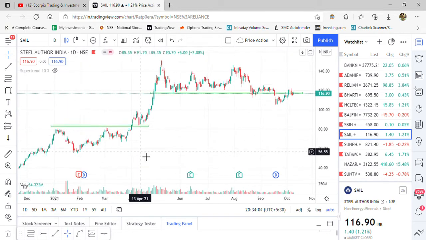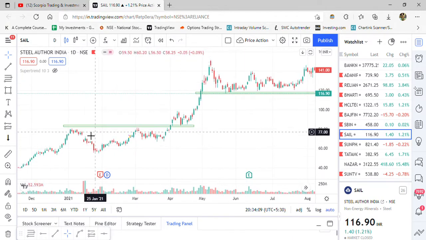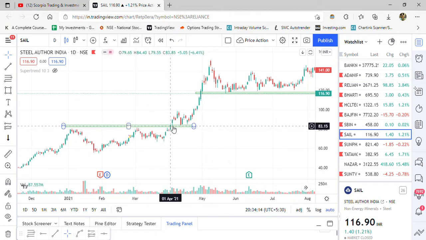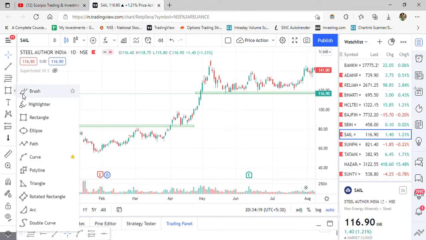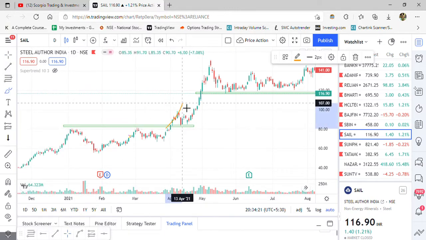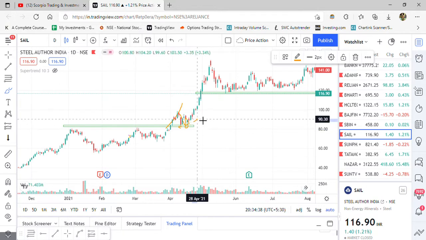Now, how can you confirm that it is support and resistance? See, if the stock was taking resistance and finally it broke after going up, it again came down, again up, again down, and retested twice this area, 1 and 2. It gives us a confirmation that this is a strong support and it will not break easily. And after that, stock gave a good rally.